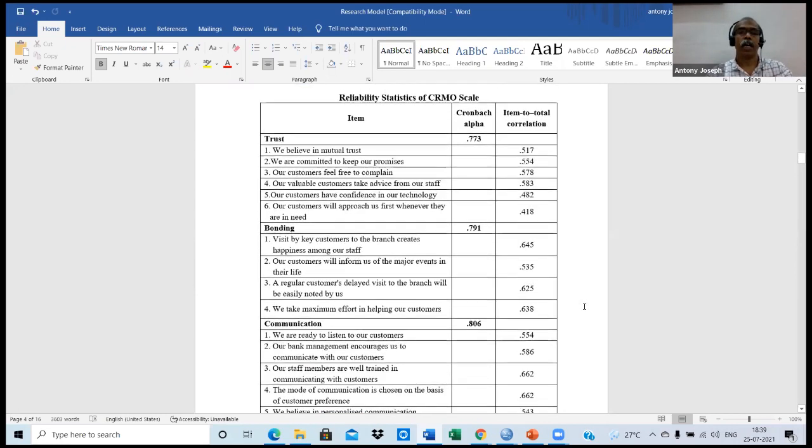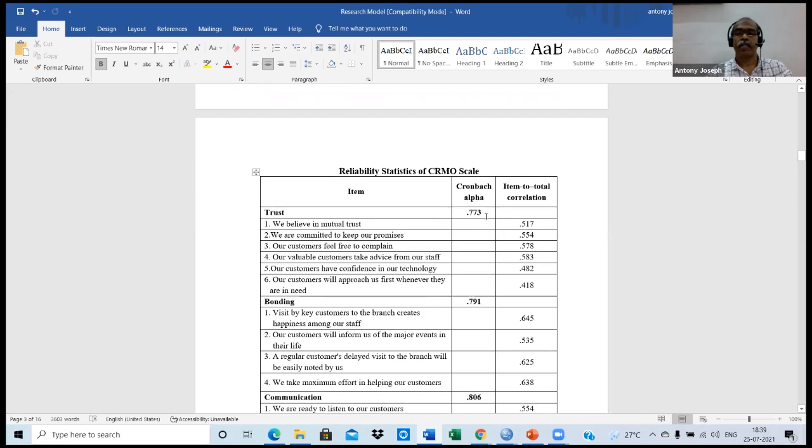You see, trust, the common Cronbach alpha is 0.773, and I have also shown item to total correlation. After the analysis, you don't want to show the individual Cronbach alpha of the statements. You have to show the Cronbach alpha of the scale. The Cronbach alpha of the scale used for measuring trust is 0.773.